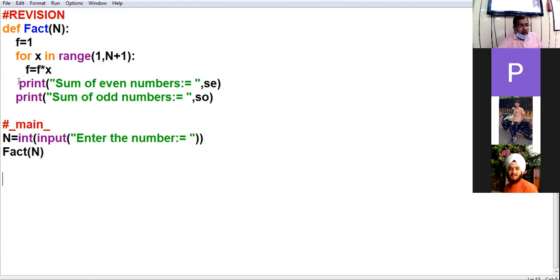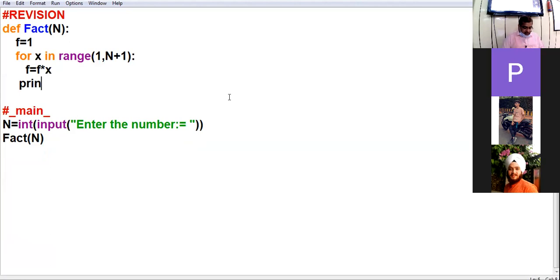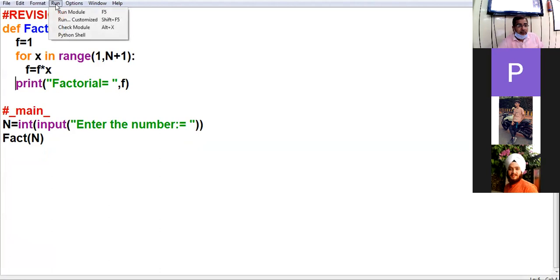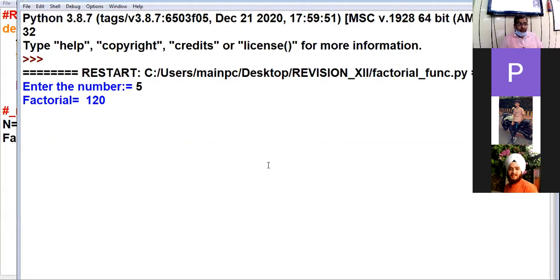So this will calculate the final value of f, and I am to print factorial equal to f. Got it? Am I clear to all? Five factorial is 120. Am I clear?